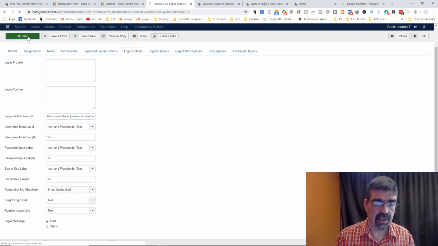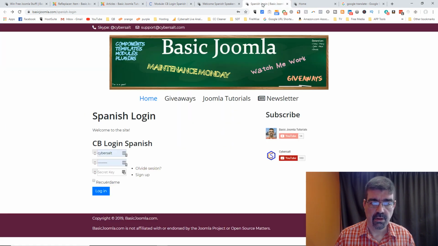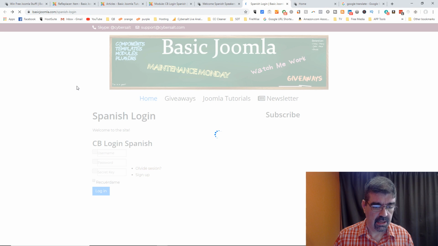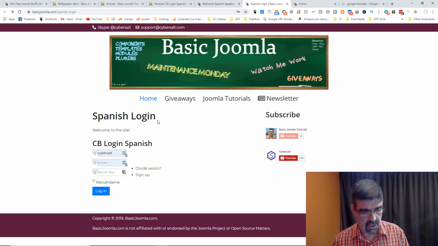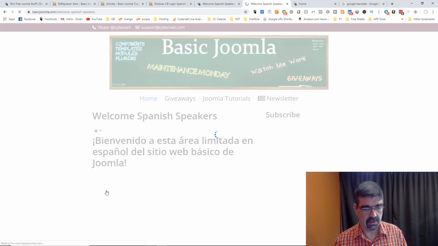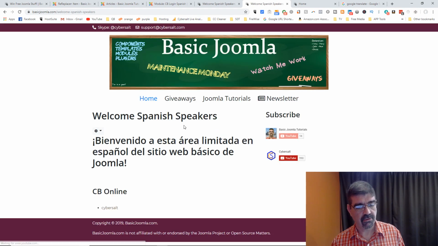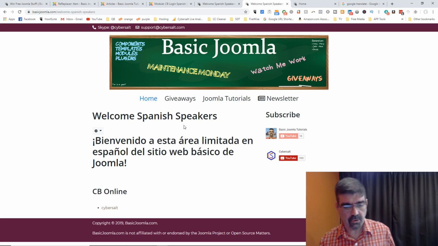So let's save that. We'll go back to this page and refresh. And of course, we haven't translated everything on this page. I'm going to log in. And when I do, I'll be redirected to the Spanish speakers login page. Now, the cool thing is that let's suppose that